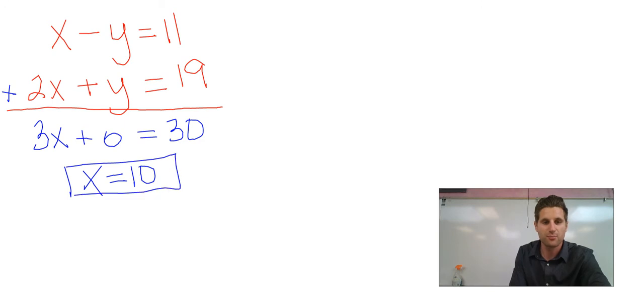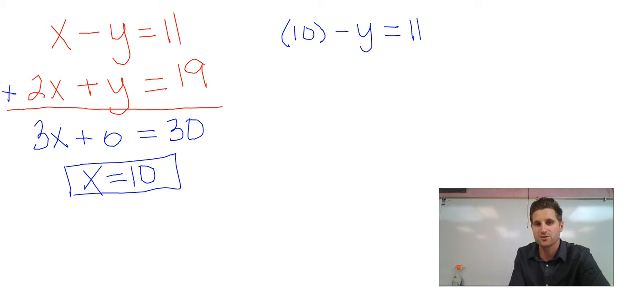Once you have one number, all you have to do is plug it into one of these two equations, either one you want, and we can solve. So I'm going to plug it into the top one, so we're going to get 10 minus y equals 11. I'm going to subtract the 10 over, so negative y equals 1, and then divide by negative, and y equals